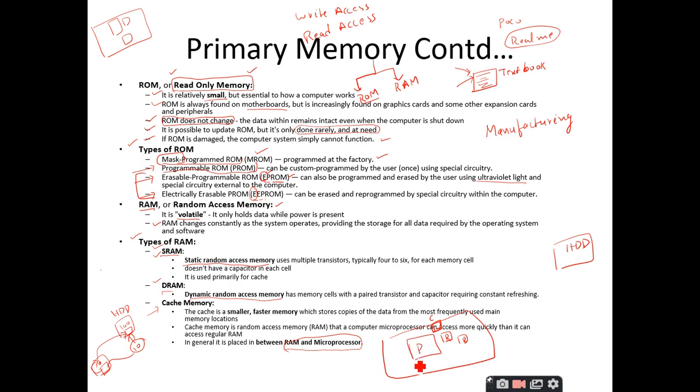When the processor wants some data, it will first go and check the cache memory. If it is available, it will directly take it from the cache memory. If it is not available, then it will give an instruction to the hard disk drive, please bring some instructions to me. Therefore, that is brought from the RAM, and from RAM the processor is going to execute the instructions.